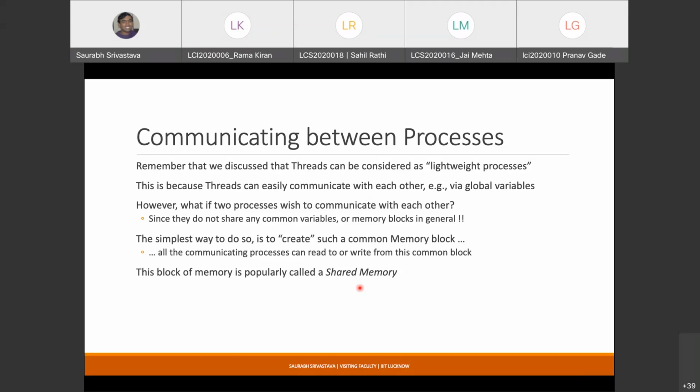But what if we want these things to happen for two processes? This is possible for threads because they share a common memory by default. But what if we have two running processes, and these two running processes want to share some data with each other? How do we do that? Well, there are some ways to do so. There is a way to pass a message from one process to another, but I personally prefer the way of